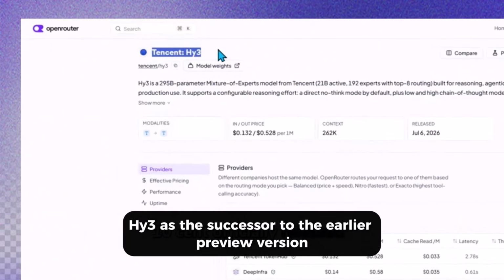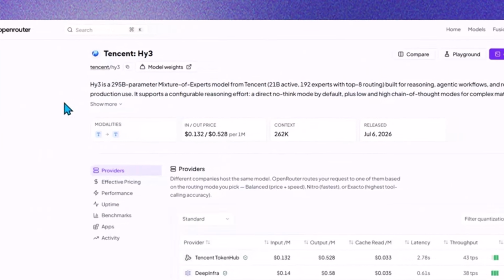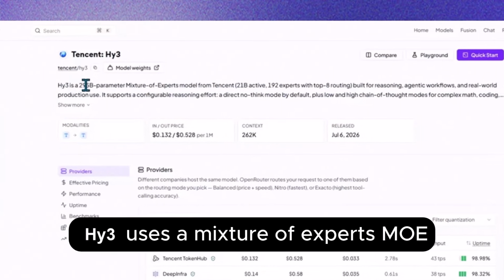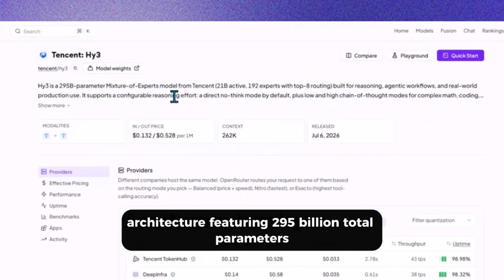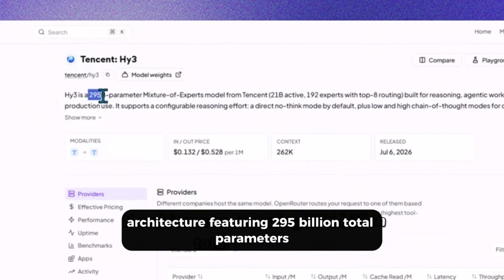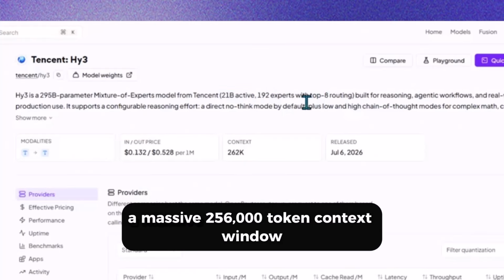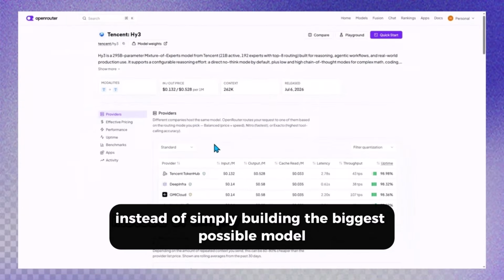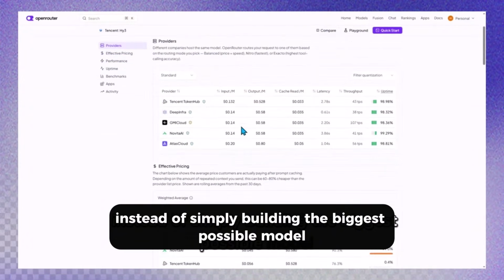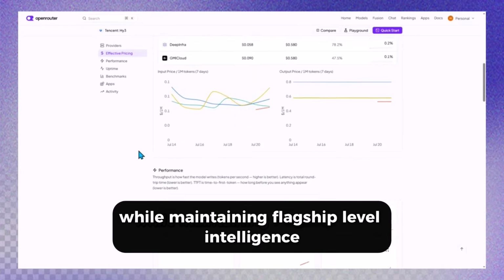Tencent officially released Hy3 as the successor to the earlier preview version. Unlike the preview, this is the production-ready model. Hy3 uses a mixture of experts, or MOE, architecture featuring 295 billion total parameters, 21 billion active parameters, a massive 256,000 token context window. Instead of simply building the biggest possible model, Tencent focused on maximizing efficiency while maintaining flagship-level